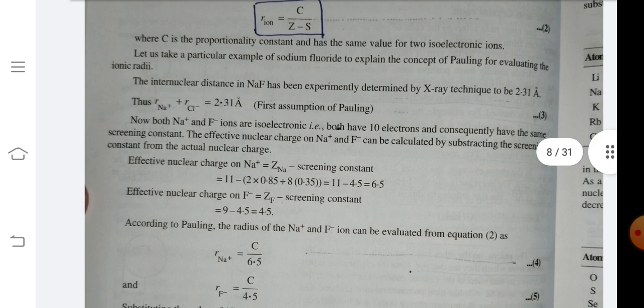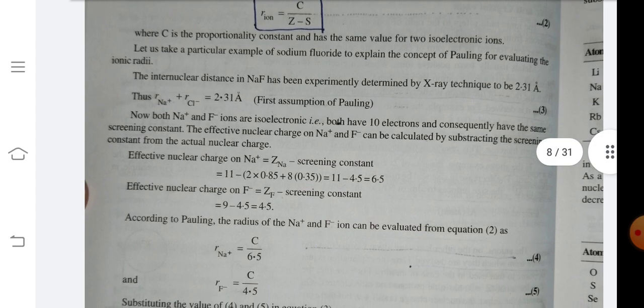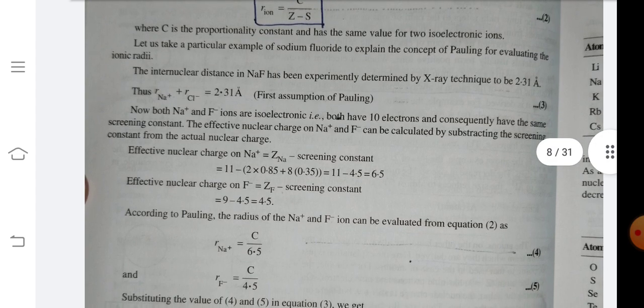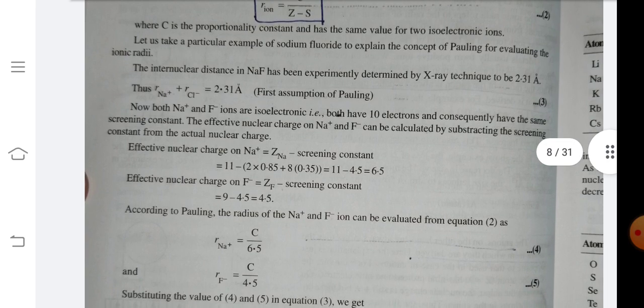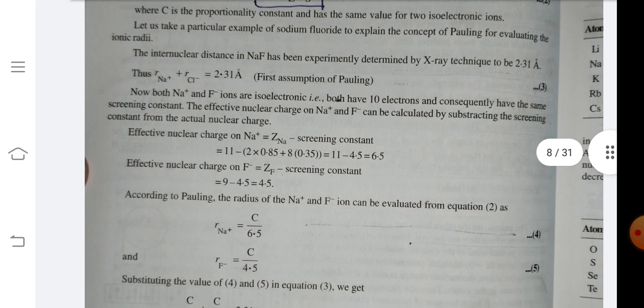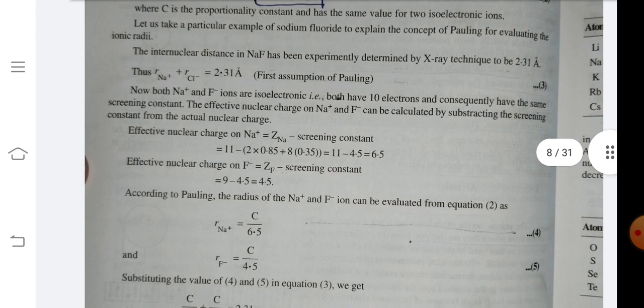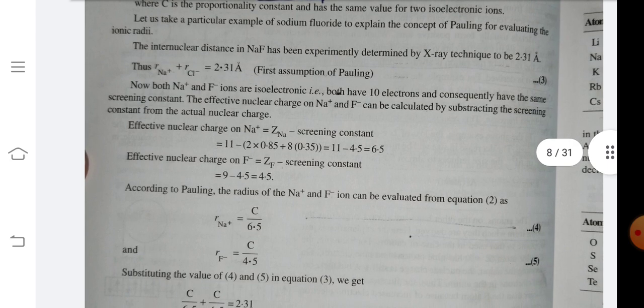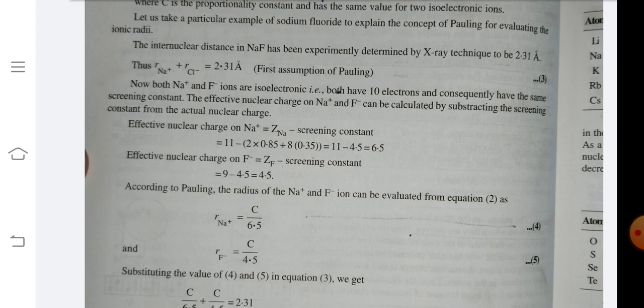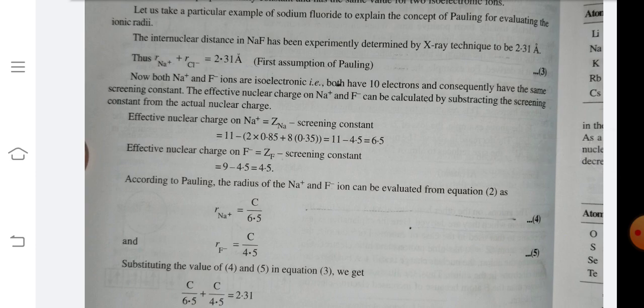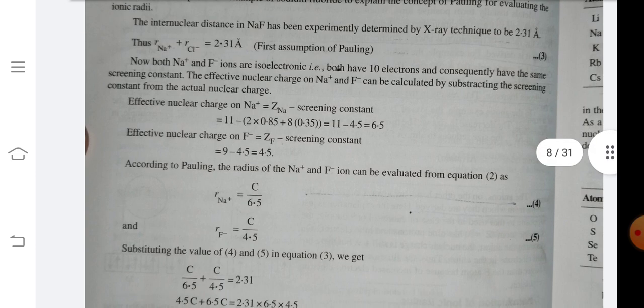Let us take a particular example of sodium fluoride to explain Pauling's concept for evaluating the ionic radii. The internuclear distance in NaF has been experimentally determined by X-ray technique to be 2.31 Angstrom. Thus, r(Na+) plus r(F-) is 2.31 Angstrom. First assumption of Pauling: both Na+ and F- ions are isoelectronic, that is, both have 10 electrons